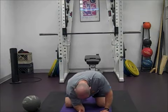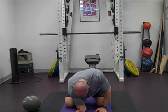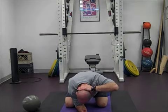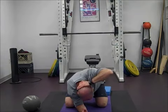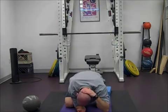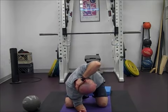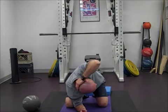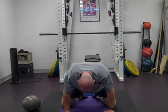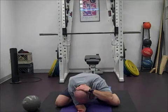Now this one, I'm butt to heel. One arm is down in between the knees. This arm behind the head. And I'm going to lift my elbow up and try to rotate my torso and not let my hips move. So I'm going to lift the elbow up, breathing out, rotate my torso, lifting the elbow up, not letting my hips slide. If your hips start to slide, what you can do is widen your knees, do the same position,